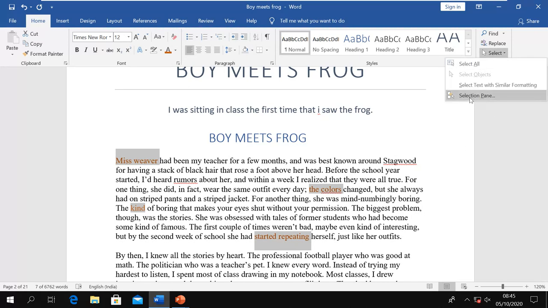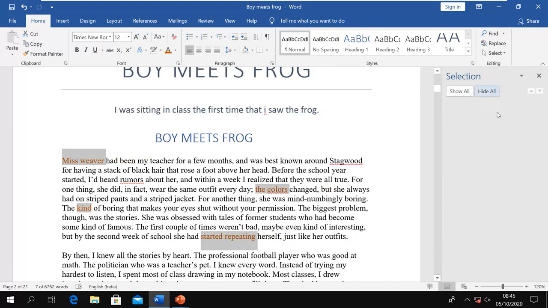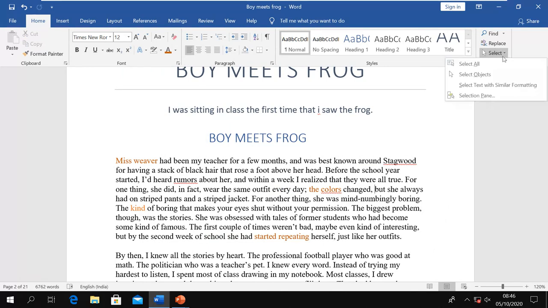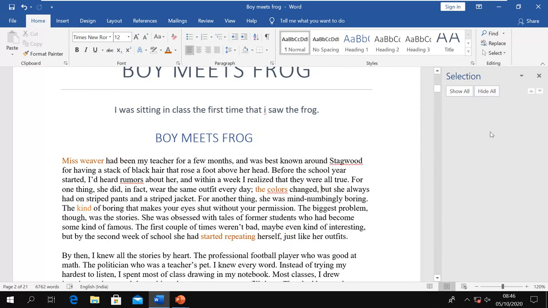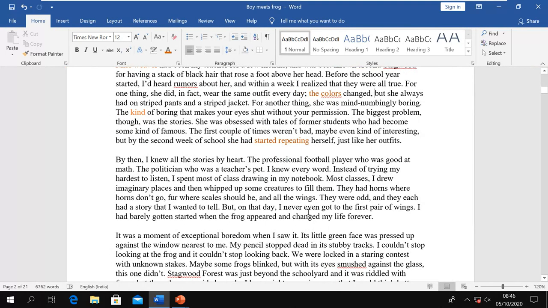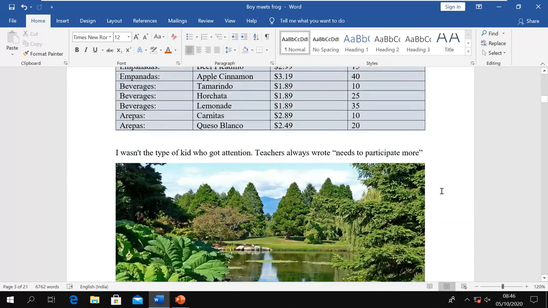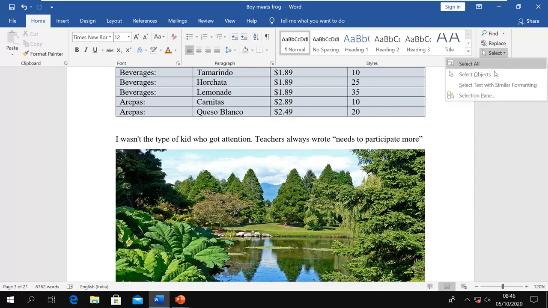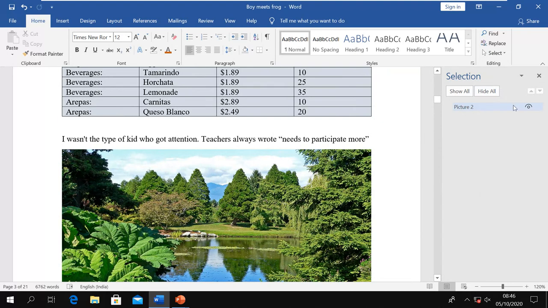Then you have the selection pane also, which opens this selection pane on this side, where you can see all those objects, your shapes, images, pictures in your document. So when you open the selection pane, you can see all those and manage all those things in your document. Right now I have these images and all. If I go here, I can make this disappear, I can show, hide, I can manage, I can reorder, and I can change the level also.